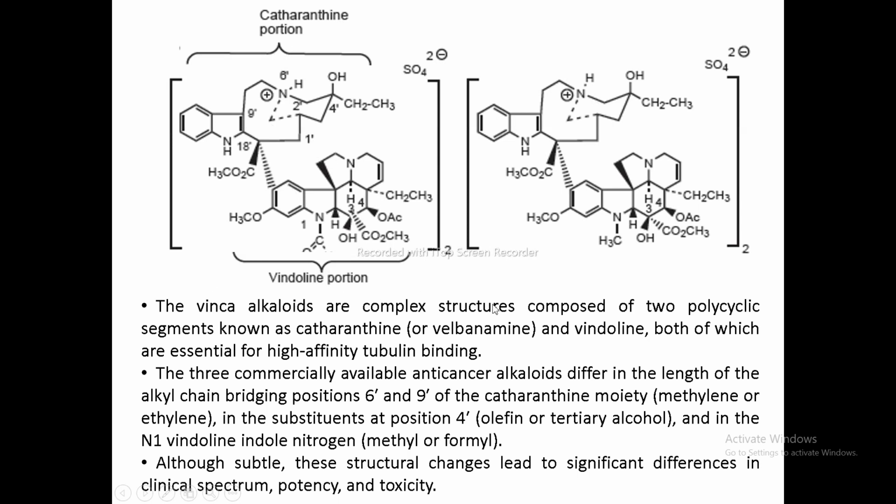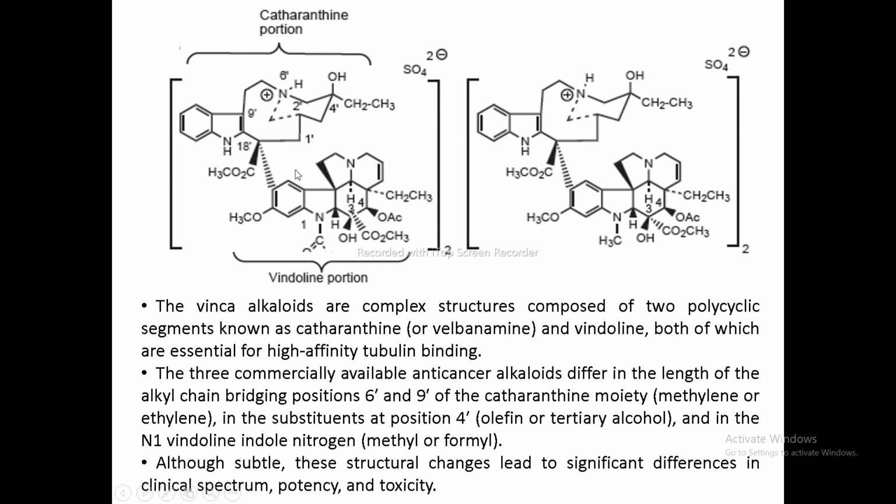So the Vinca alkaloids are complex structures, composed of two segments. One is the catharanthine portion, also known as the velbanamine portion, and the other is the vindoline portion. Both portions are connected by a bridge. The portion present at the top is called the catharanthine portion, and the portion present at the bottom is called the vindoline portion, and both portions are essential for